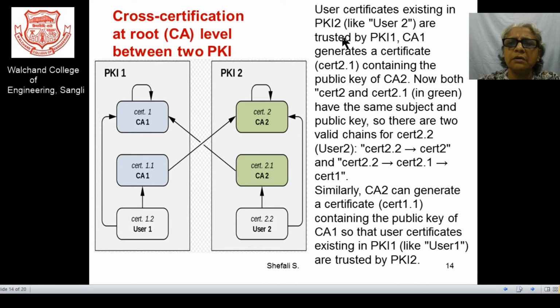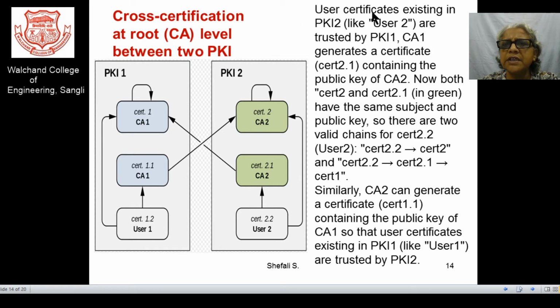Slightly confusing, but some theoretical aspects are there for which we can have some references. Say the situation is that there is some cross certification at the root CA level between two public key infrastructures. Let the first public key infrastructure and second public key infrastructure be there, and these boundaries are the logical boundaries for those infrastructures. Let certification authority 1 be there and certification authority 2 be there, and user 1 and user 2 are from different PKIs, and now we want to check how the situation is handled for the cross certification.